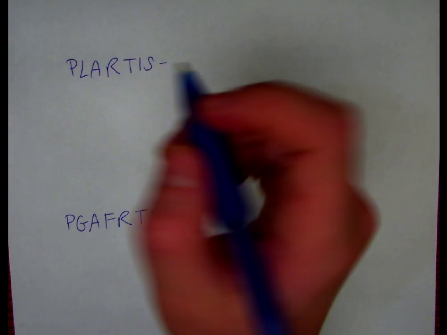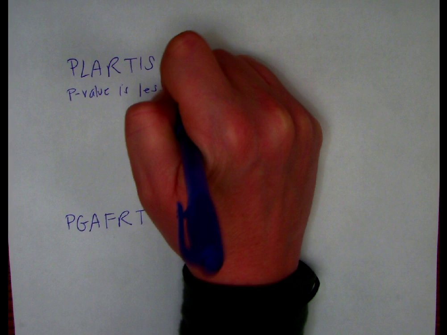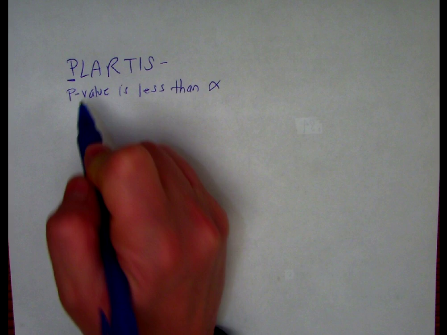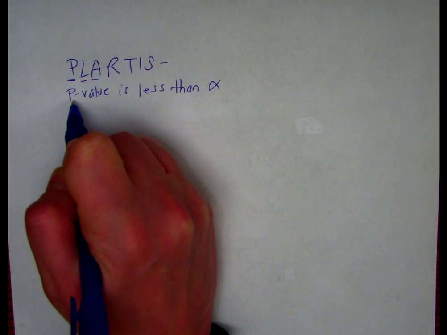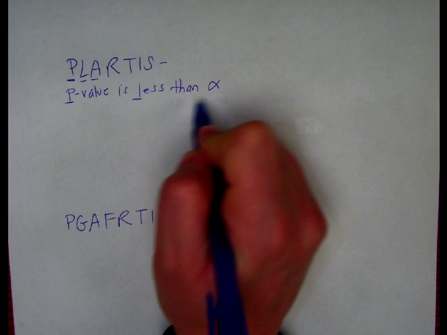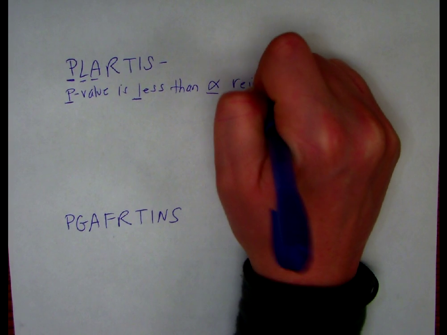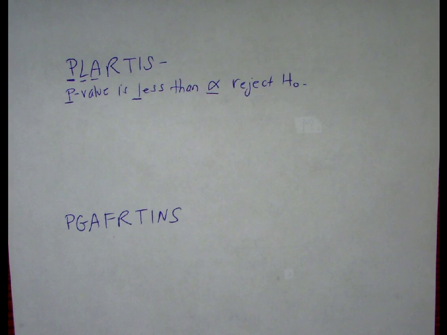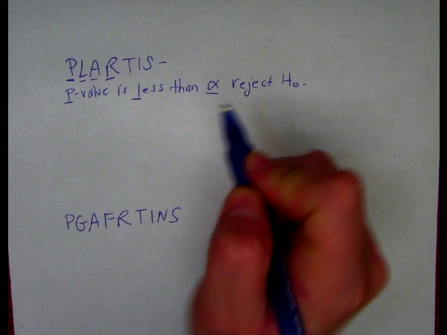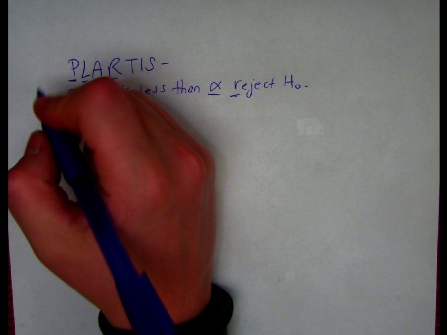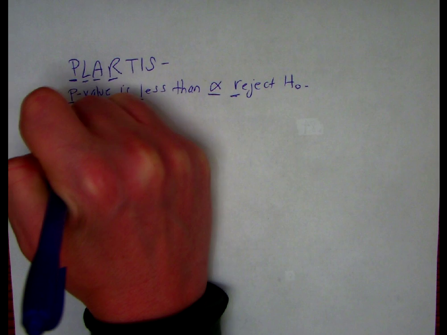So if the p-value is less than alpha, reject H0. Reject. There's the PLAR. Now the TIS says there is